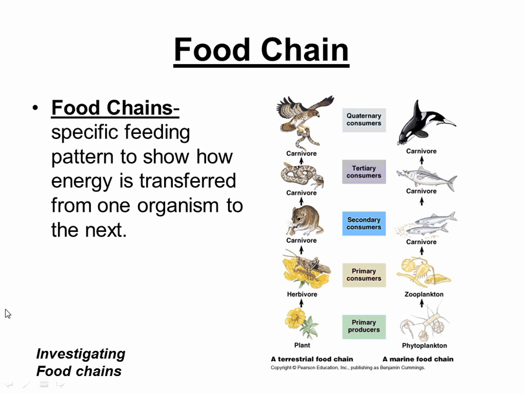How many of you have heard of food chains or food webs from other courses? Awesome. Okay, so this should be a little bit of review. If you haven't, it's not a big deal. Food chain: specific feeding patterns to show how energy is transferred from one organism to the next. It always starts at the bottom. They tend to go up. Sometimes we draw them left to right. But from the bottom, we always start with our primary producers. Second always comes the primary consumer. And then so on and so on.